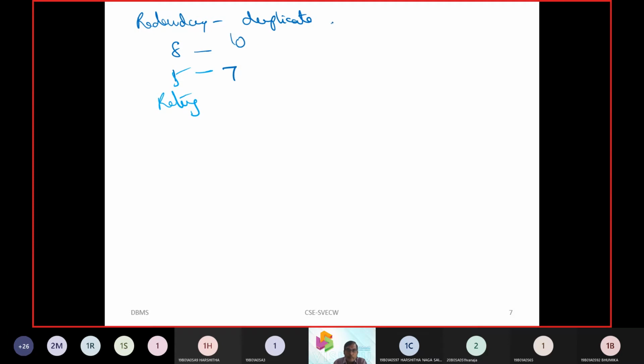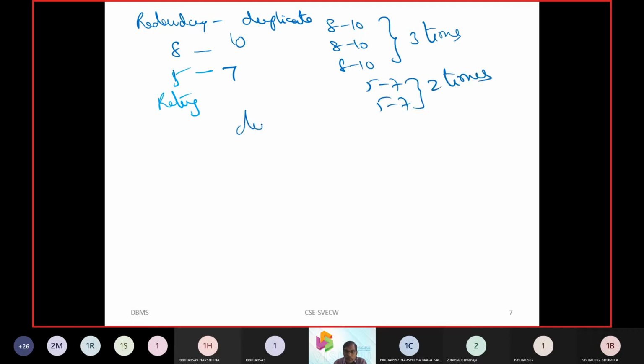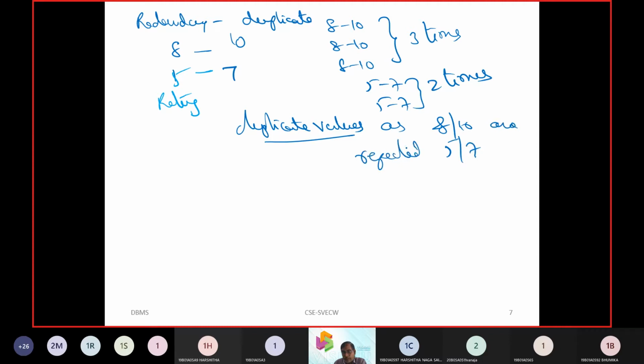Now 8, 10, 8, 10, 8, 10, 3 times. 5, 7, 5, 7, 2 times. So we have duplicate values. We have duplicate values as 8, 10 and 5, 7 are repeated